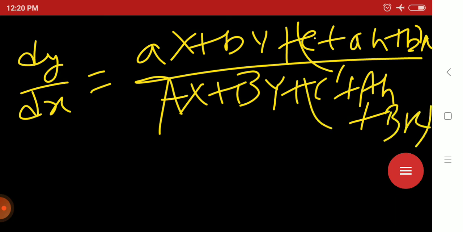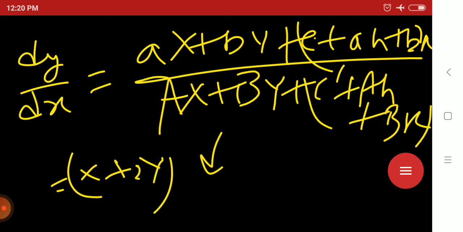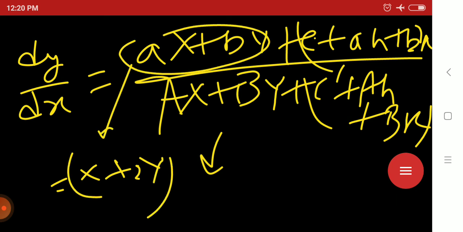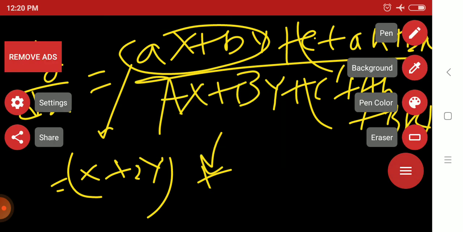So do this format, capital X plus that previous problem, you are getting that format, x plus 2y, this term, plus